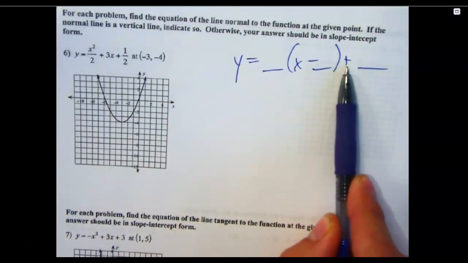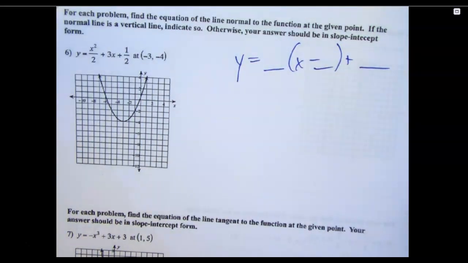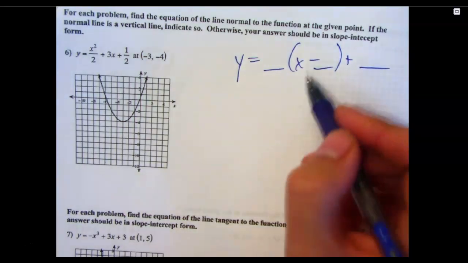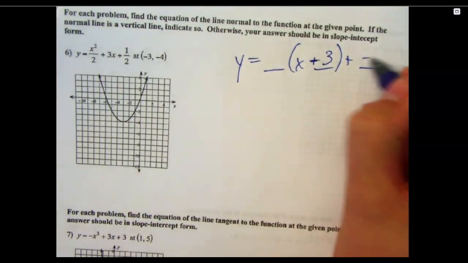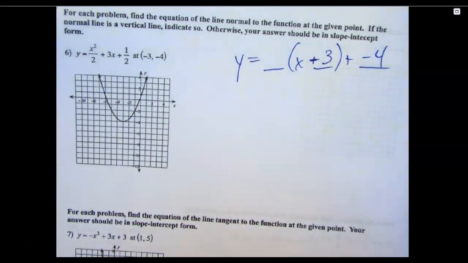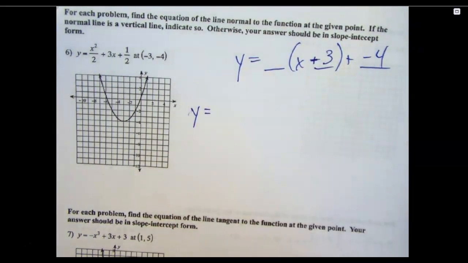I should. That's what I should do, plus. So I would have. I did, didn't I? So this is going to be minus negative 3 plus 3. This will be minus 4. And then just to